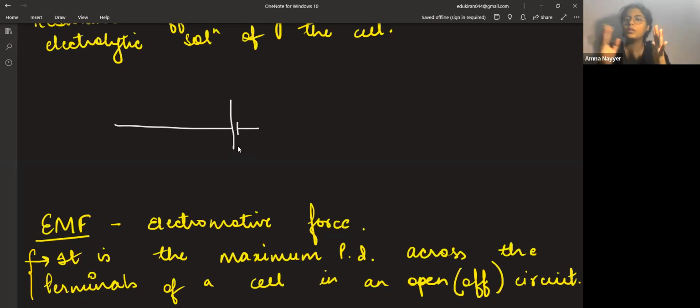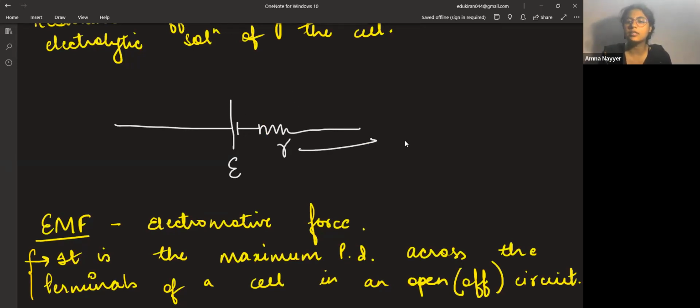Why? Because when you go into the electrolytic structure of it, you will see electrodes are present and electrolytic solution is present. Ions are present, right? Ions get deposited from anode to cathode, cathode to anode, and all your electrochemistry will be there. So that's why you have internal resistance. And this we depict by just placing the resistor with the cell. This will be the EMF or potential of the cell, which I'll discuss, and this will be the internal resistance of the cell. This is what is meant by the internal resistance of the cell.